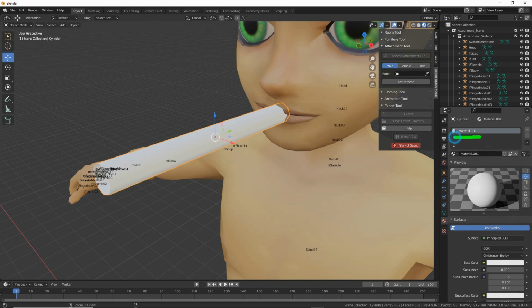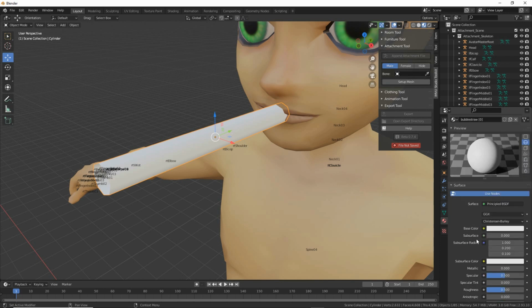There's our material instance. We can double click this to change the name in the aperture, or we can click and type in the input box. Let's just call this bubble straw space square brackets 0 close square brackets. That's our IMVU compatible material. We can change the color at this point if we want,